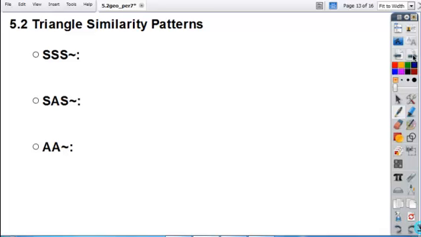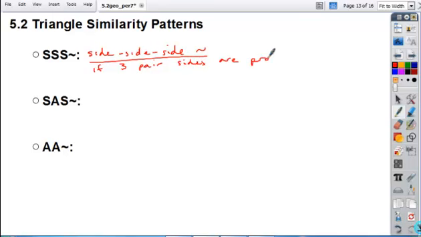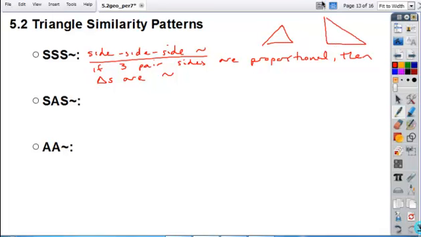Okay, so side, side, side similarity basically states that if you have three pair of sides that are proportional, then the triangles are similar. Okay, so if you had, and I'll just use a simple example here, triangle ABC, DEF, and you were told that these sides are 5, 6, and 7, and this side is